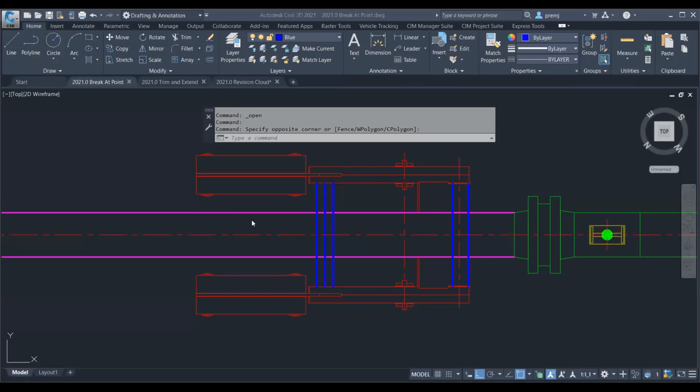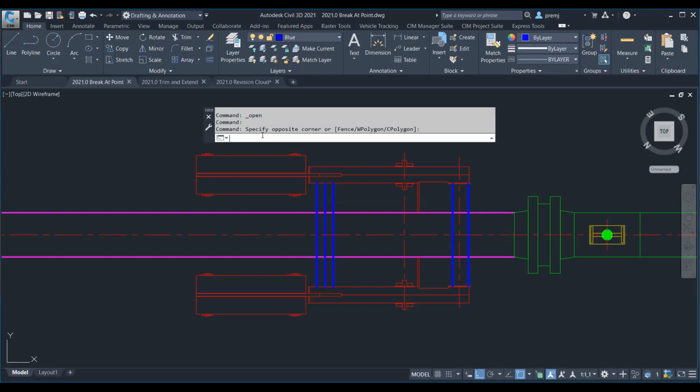When you launch the command and use it, it's good for one time. Then if you accidentally hit the enter key, it will repeat the old break command, not the break at point command. So now, to get around that problem, they came up with a new break at point